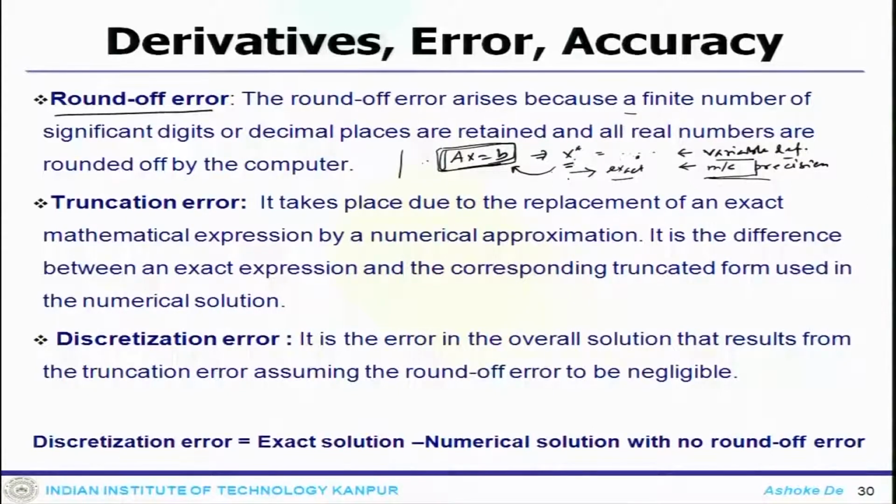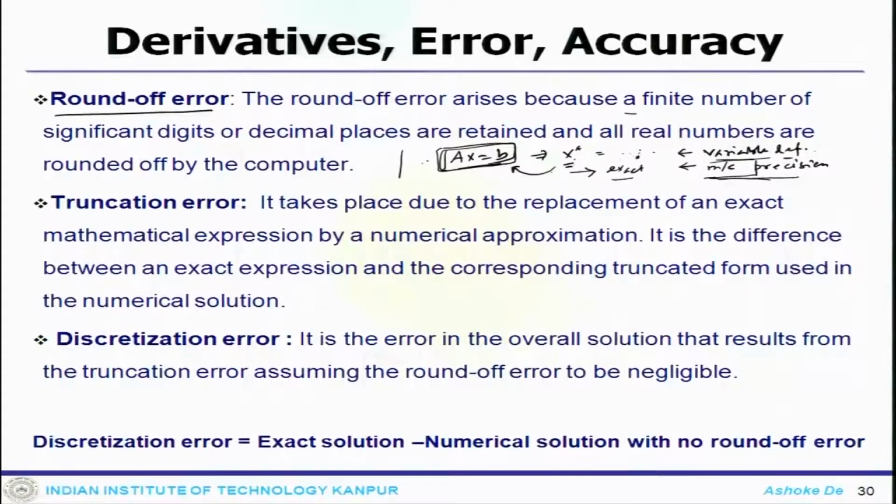So, the best way to avoid that, when you define the variable, is to typically define it as a double precision variable, and as of today's hardware or the architecture that we have in our hands, that is good enough to handle those double precision variables, and you do not have this kind of error anymore.